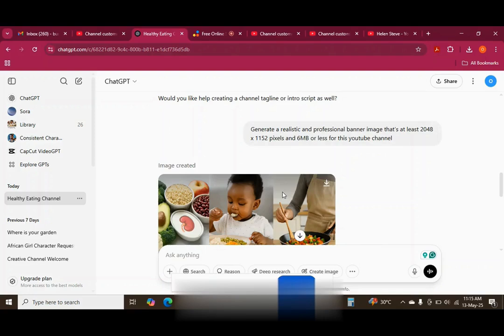I'm not just focusing on children's content, I'm focusing on everybody in the family: a father, mother, children, maybe a toddler or a seven-year-old. Everybody will have something to grab from that channel. I also discovered that realistic pictures are very inviting. So that's what prompted me to put a realistic and professional banner image,